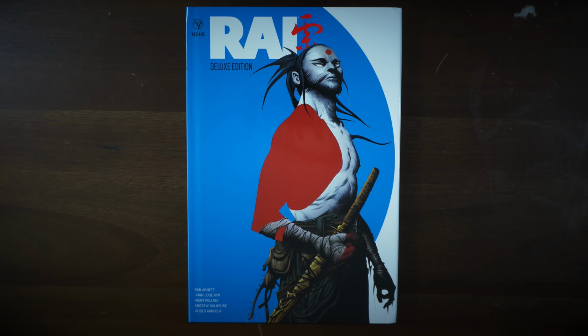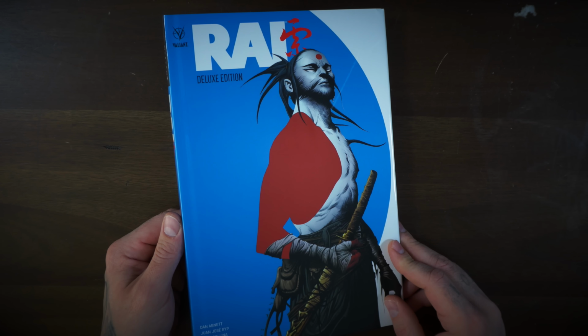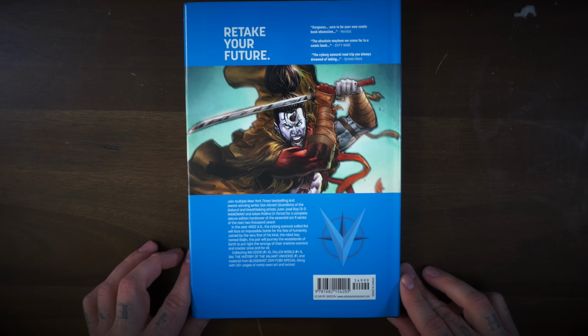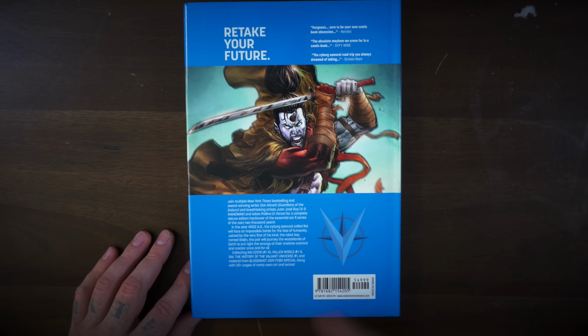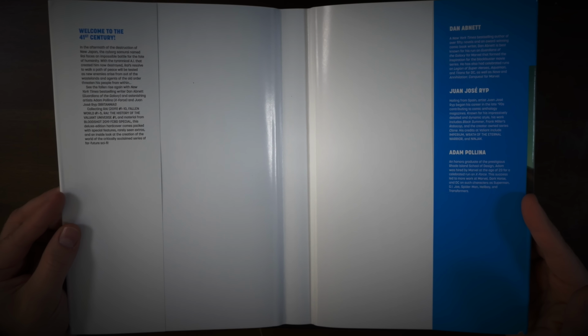Beautiful dust jacket for the cover of Rai. Dan Abnett. He's joined by Juan Jose Ryp, Adam Pollina, Andrew Dalhouse, and Ulises Arreola. Am I saying all those right? Look at the spine. Looks great. We got a retail price here, 50 bucks. And it collects Rai 1 through 10 plus Fallen World 1 through 5 and Rai: The History of the Valiant Universe issue 1. The inside of the dust jacket, Welcome to the 41st Century,